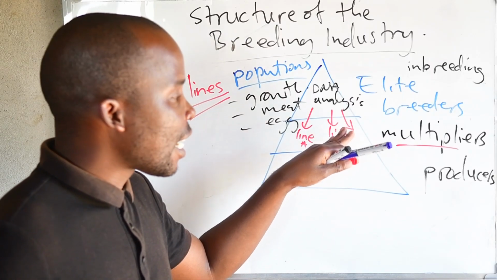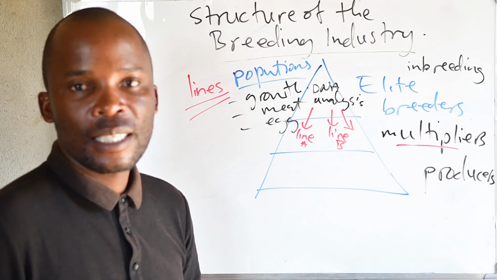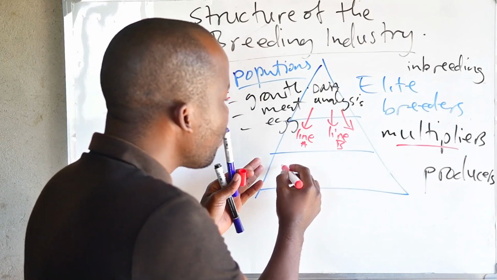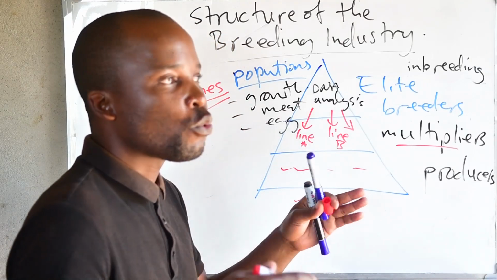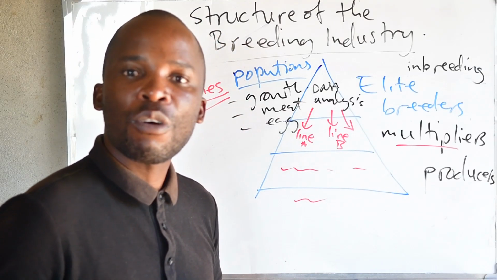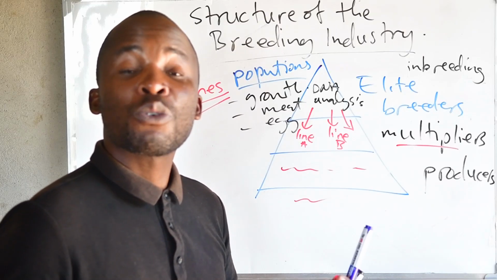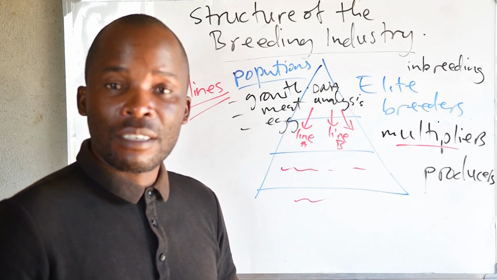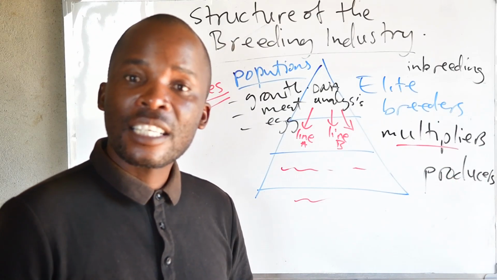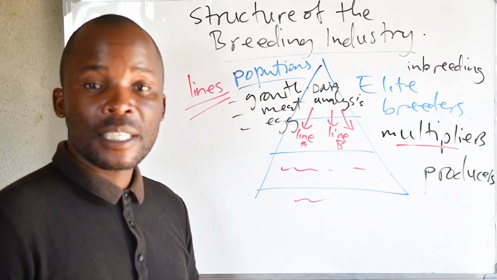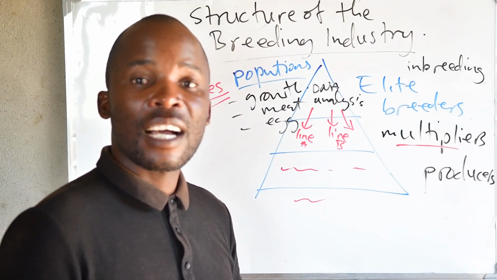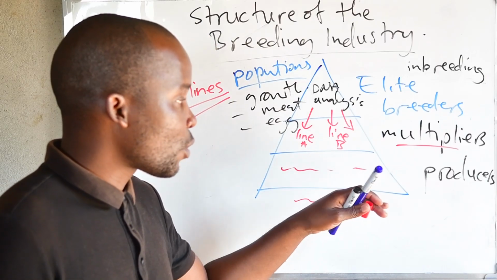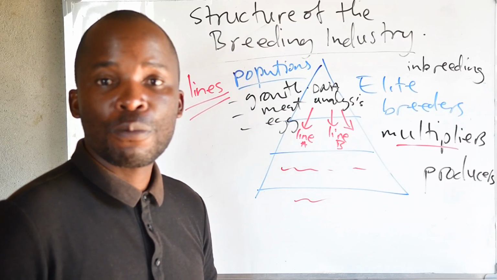So the products that are disseminated downstream are not pure breeds. The multipliers have done the crossbreeding. Everyone downstream here, including customers and whoever is selling eggs or chicks, is selling crossbreeds. So if you go to a local breeder or a local seller, as just a general farmer, you are not going to get pure breeds. You are going to get eggs or chicks that are a product of crossbreeding. That's what we get as producers as well as consumers downstream.